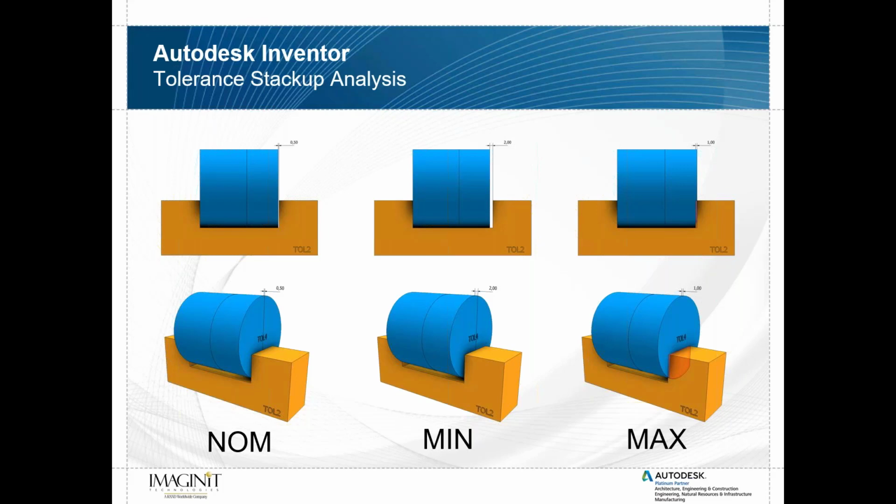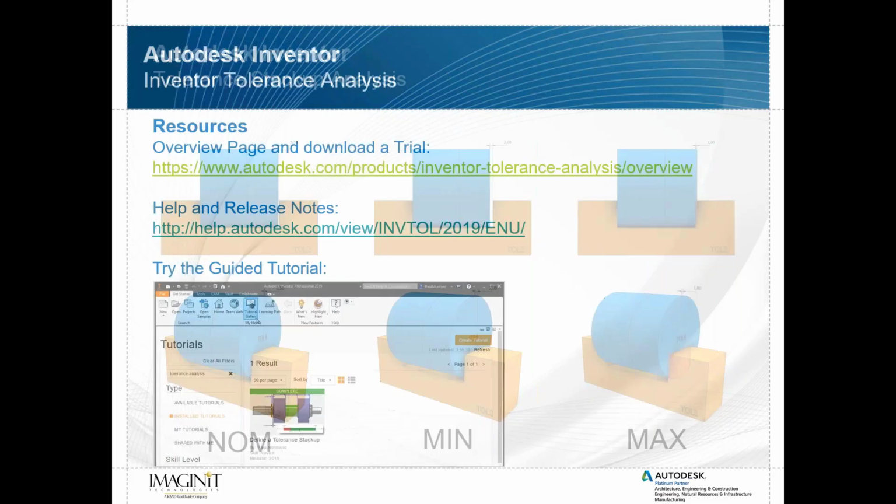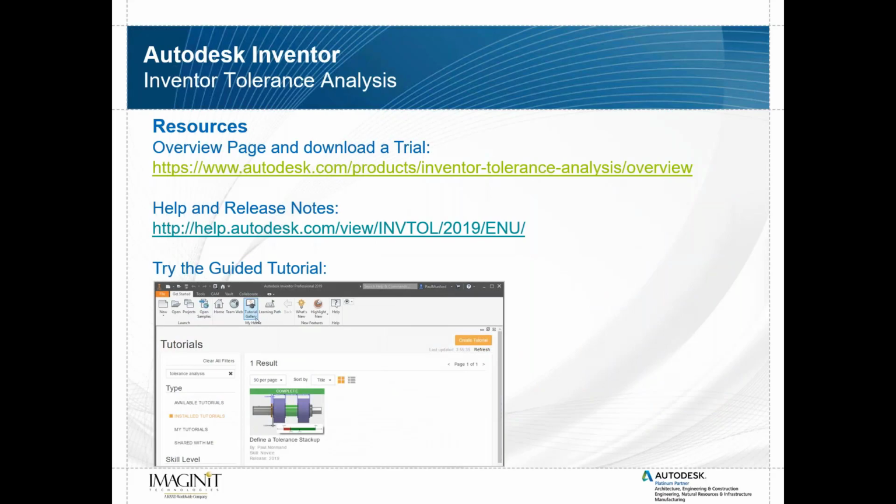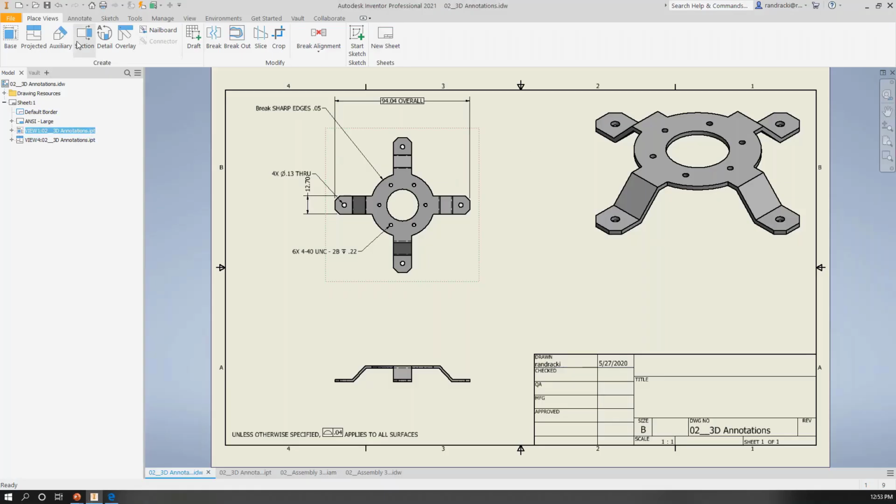There could be a minimum condition and maximum conditions that you may need to analyze. So will these two buckets fit in this gap if each of the parts is at maximum width? How much of an interference will I have? If all the parts are at minimum width, what's the maximum gap that I will have? So let's take a quick look at this type of analysis, and I'll go right back into Inventor,